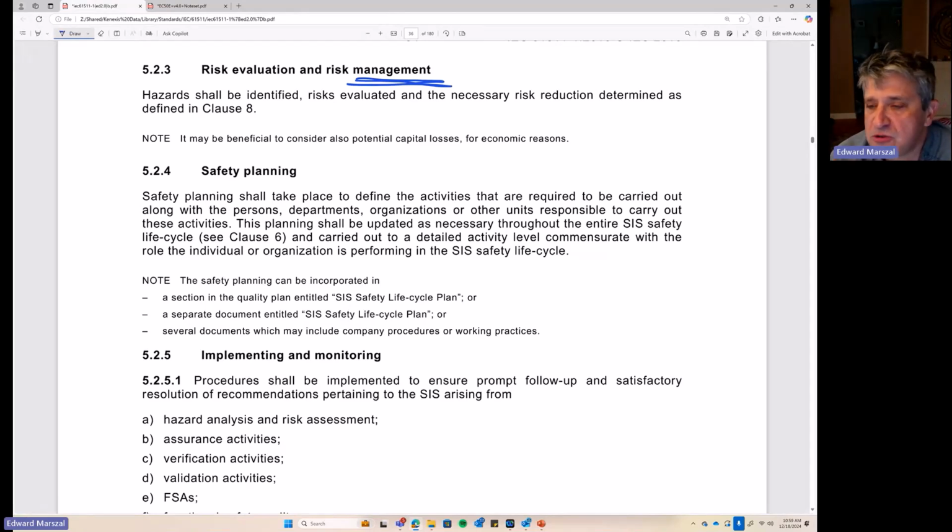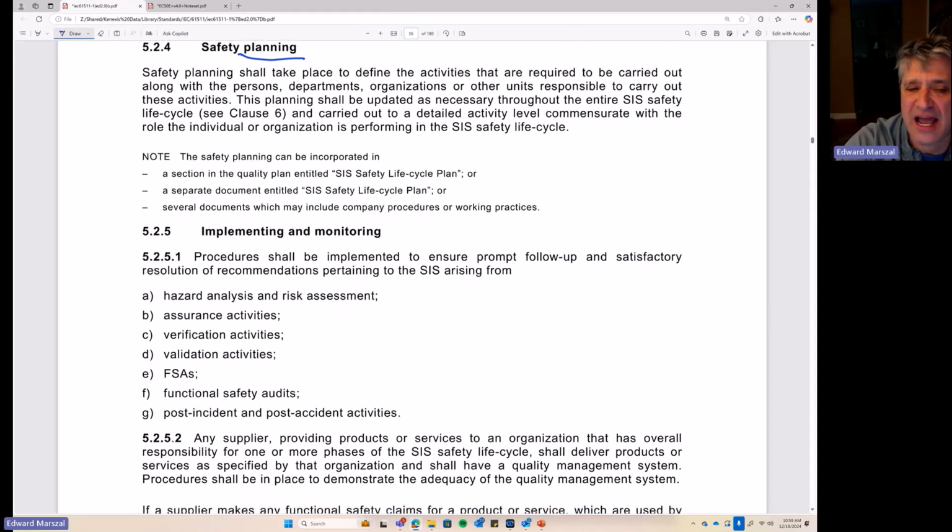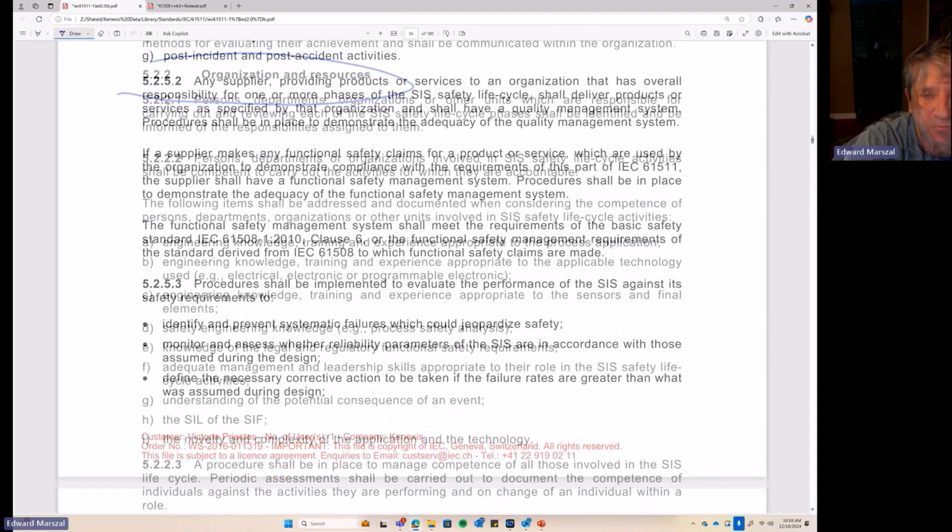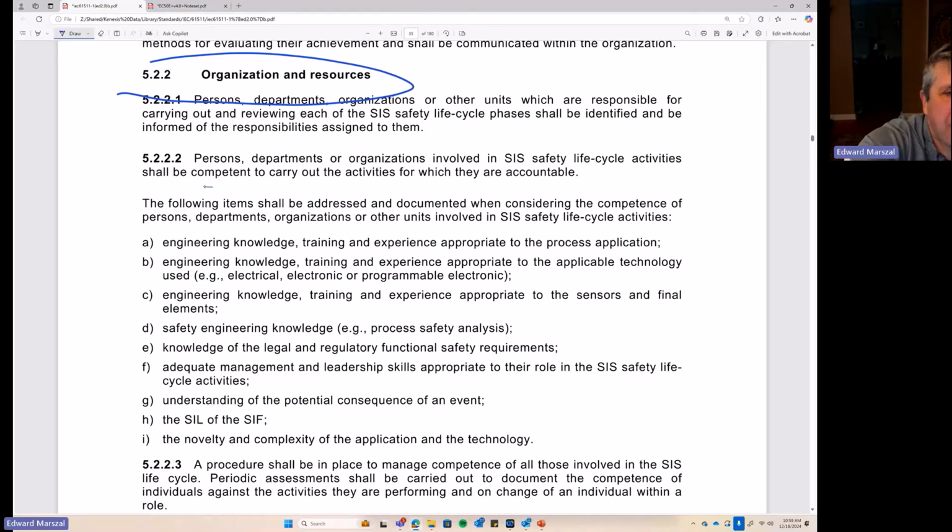We're going to reduce human failures by putting together a plan to make sure that everyone knows what they're supposed to do, what they're responsible for, when they're supposed to do it, what tools they're supposed to use. So we're going to plan the safety life cycle to make sure that everything gets done and everyone knows what their part in that process is. We're also going to talk about competency. So we're going to make a plan is step 1.